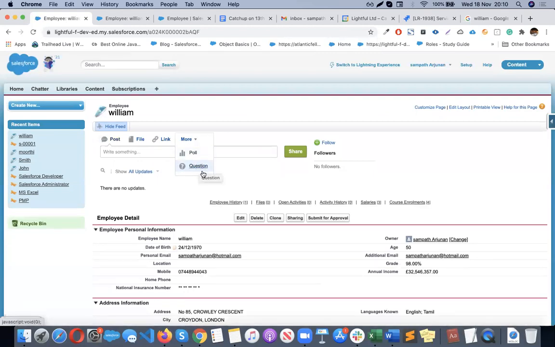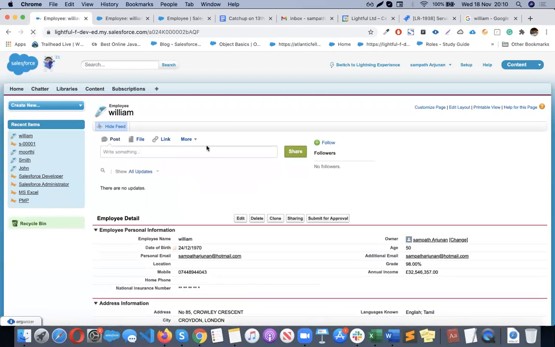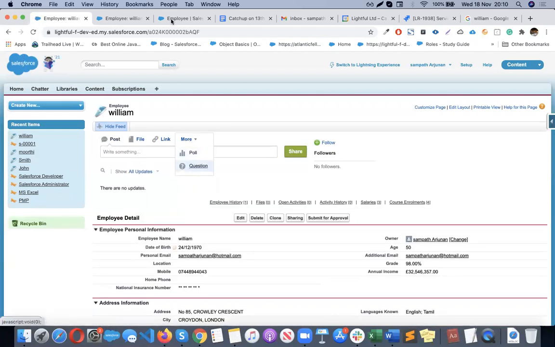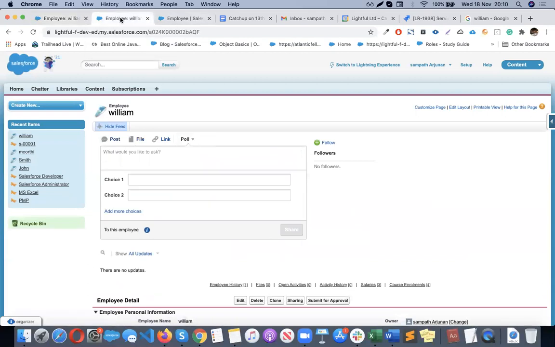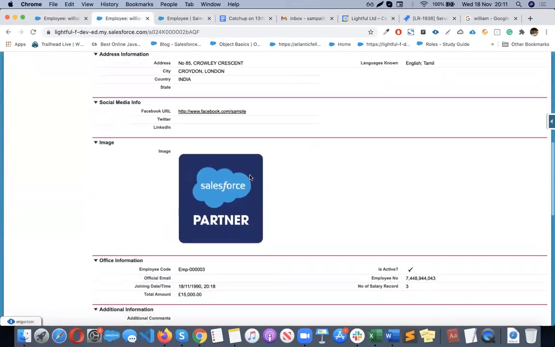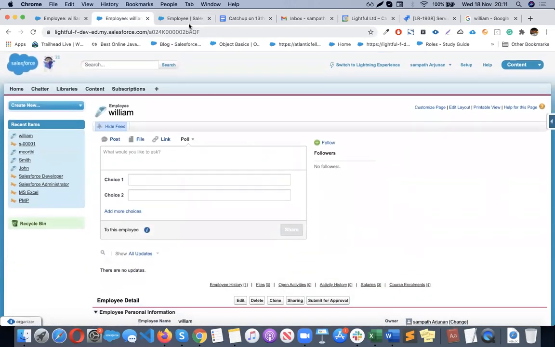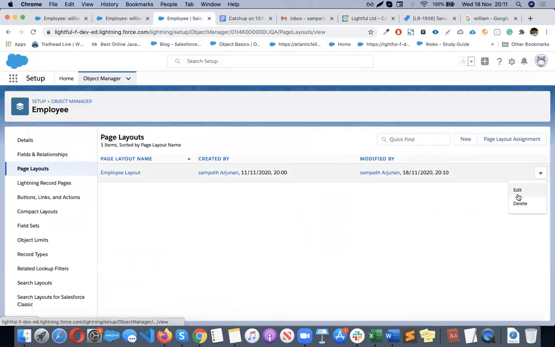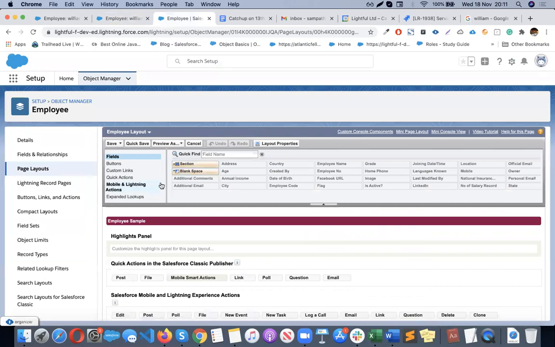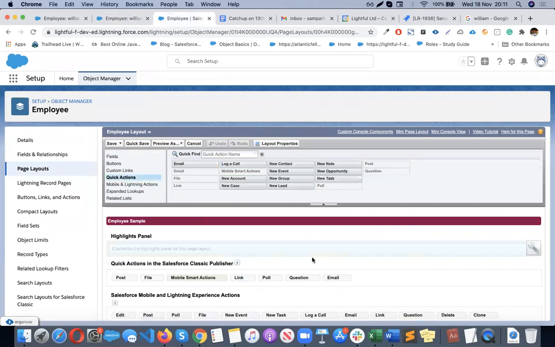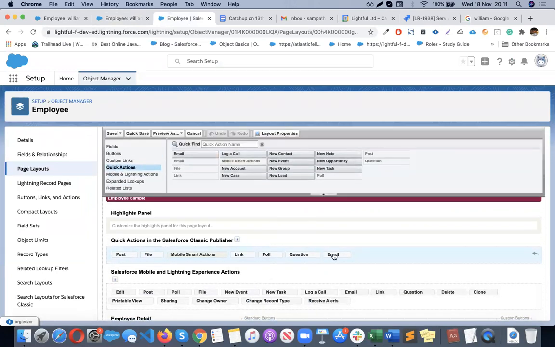Still it doesn't appear. Just give me a second. Did I add it here? So edit, quick actions.